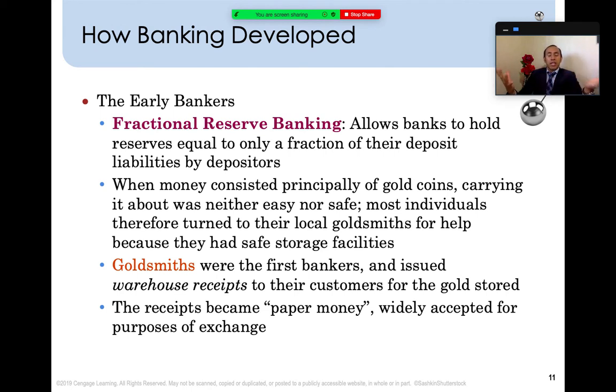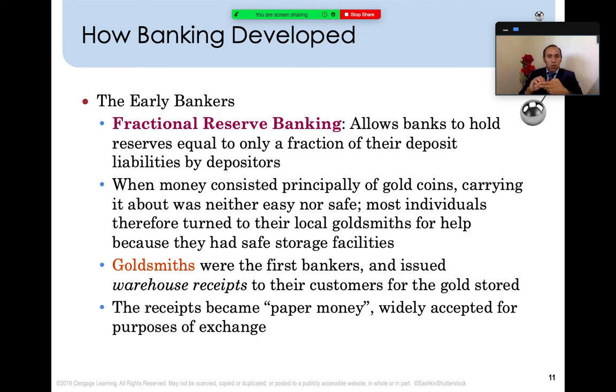But what about the extra amount? What can they do? Do they keep 100% reserves? Not necessarily. They only keep a certain amount. So it's what is called a fractional reserve. You only keep a fraction of your deposits. So in the early cases, we had gold deposits, silver deposits, and in the early transaction time frame,